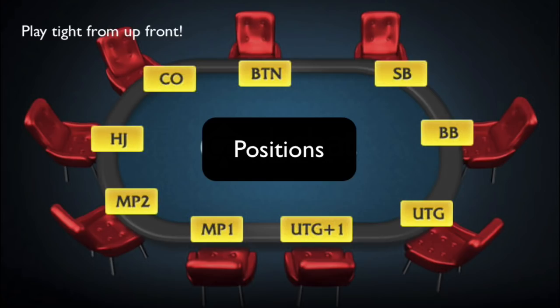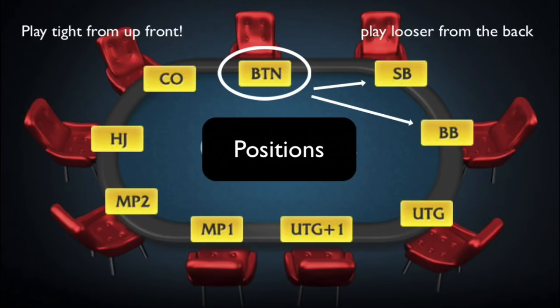As we get closer to the button, our example hand of Queen Jack offsuit has a better chance of being the best hand. The risk of us getting raised becomes diminished as we get to later positions. On the button, we only have to get through the blinds to win the pot. So as we get closer to the button, we can come in for a raise with some of the weaker